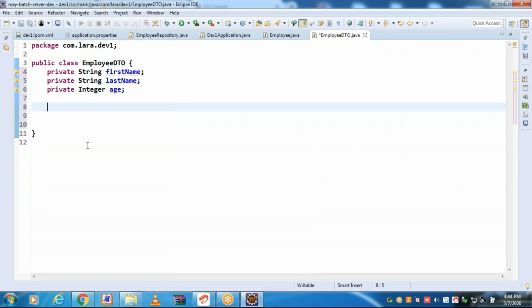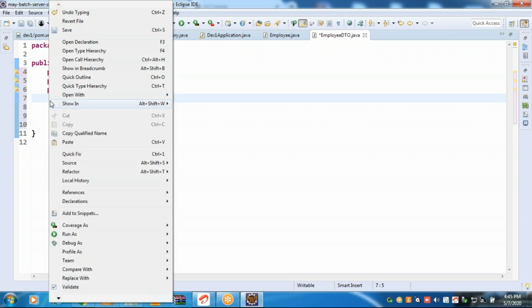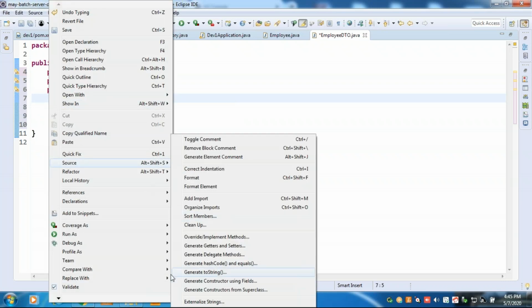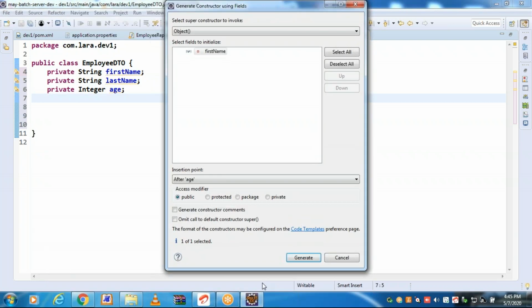I'll show once again. You can right click at line number 7 or 8, after all attributes, go to Source, Generate Constructor using Fields. Select all. All the fields will be selected.